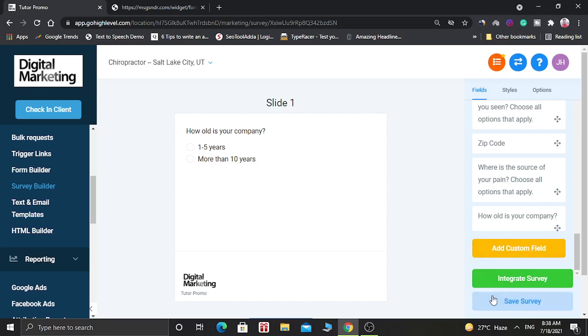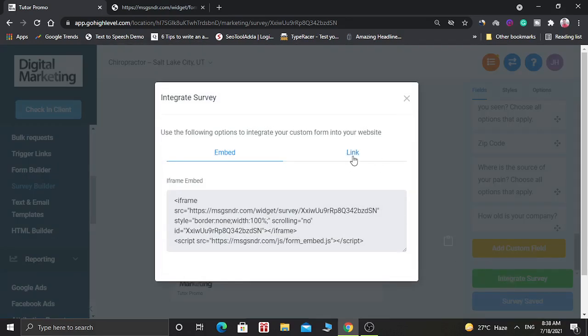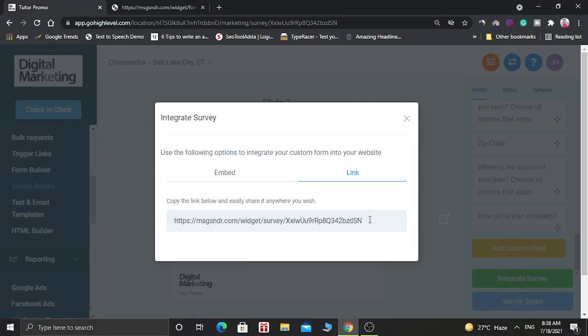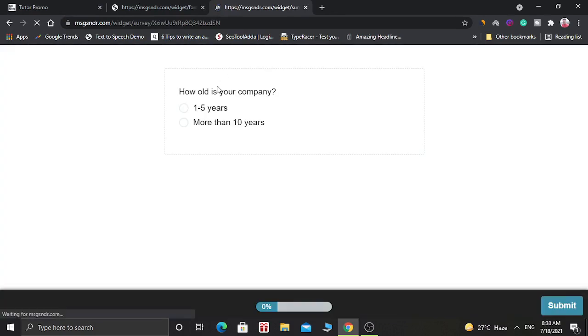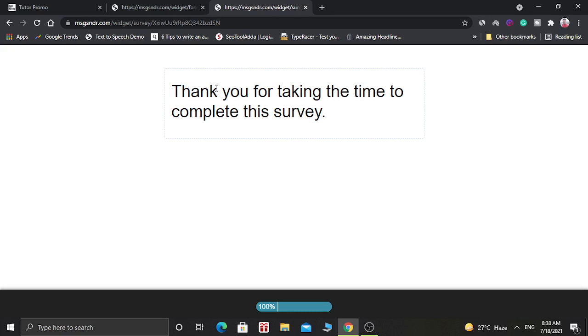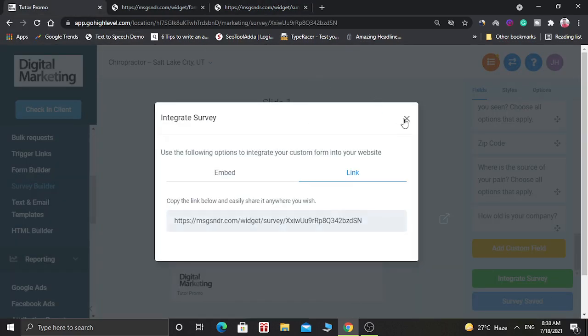You can save it and you can see it. Just click on the link and paste it in a new tab, and the survey is available. You can click on the first option or you can click on the second option, and after that it's completed, then it will say thank you for taking the time to complete this survey. So in this way you can add custom fields in the form and